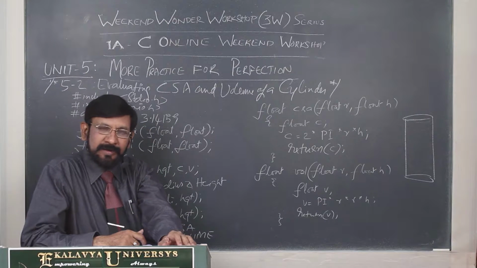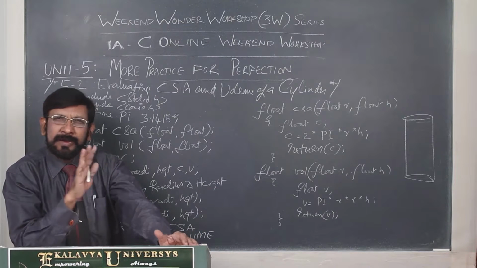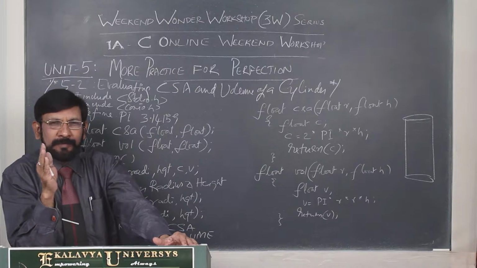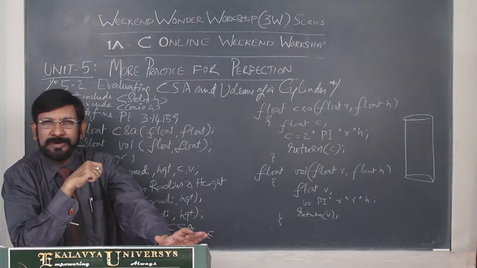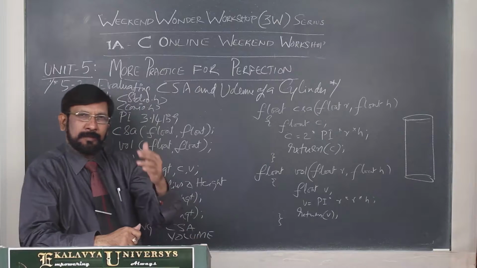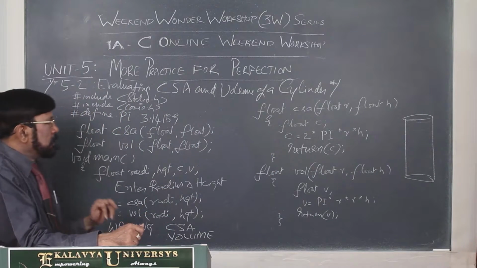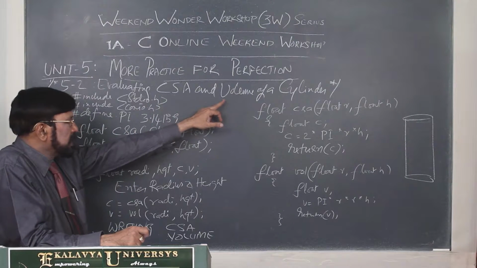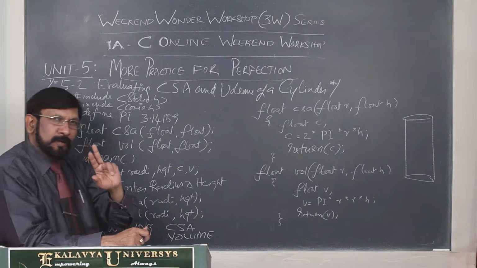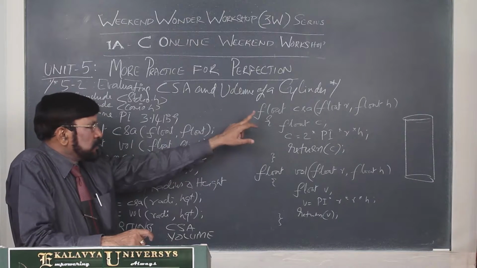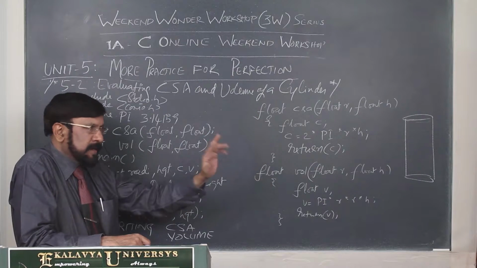That is very important. If you understand that, then whenever you have to use a formula, you think of how the formula is generated. That is very important for a programmer who wants to become proficient. Now, in these two values we are calculating, one is CSA, the other is volume. That's why they are two different tasks, and that's why we have to define two functions, and let us name them CSA and volume.